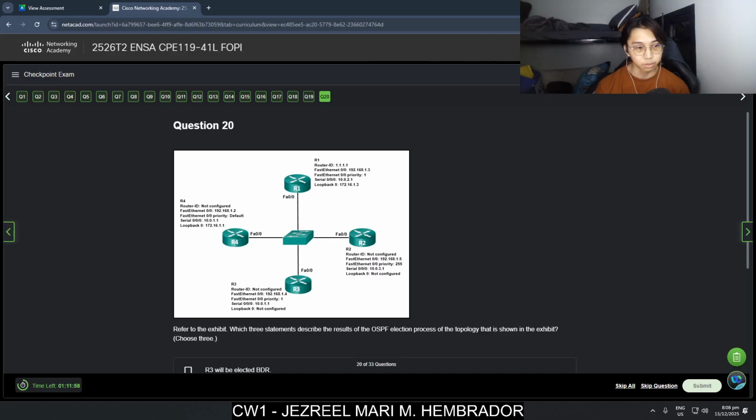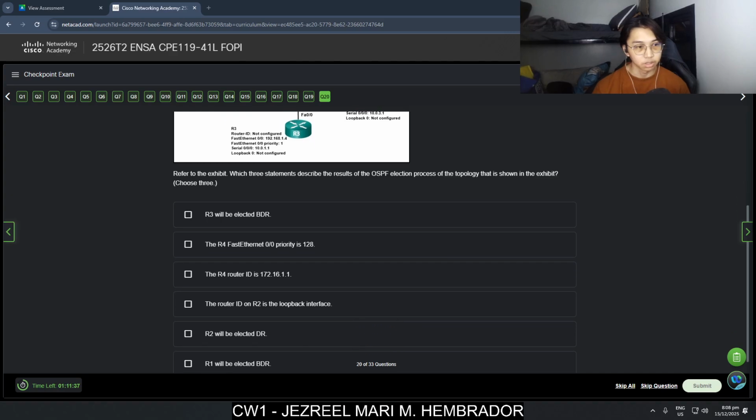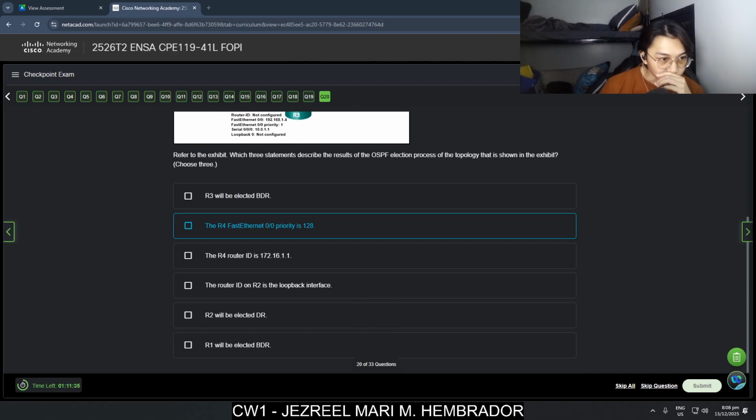Refer to the exhibit. Which three statements describe the results of the OSPF election process of the topology that is shown in the exhibit? Choose three. R3 will be elected BDR. The R4 FastEthernet 0/0 priority is 128.